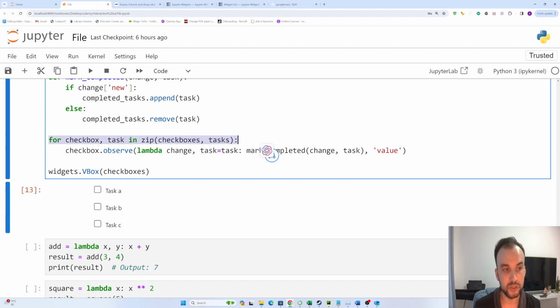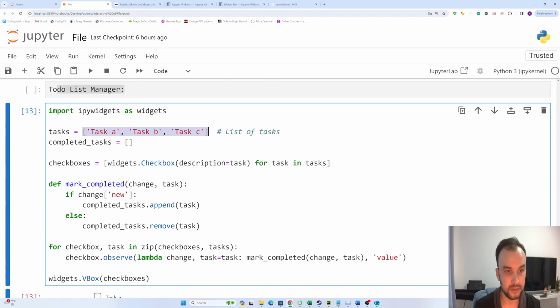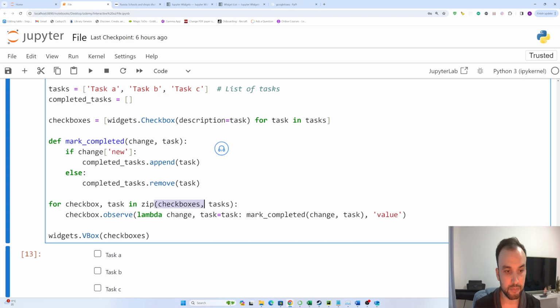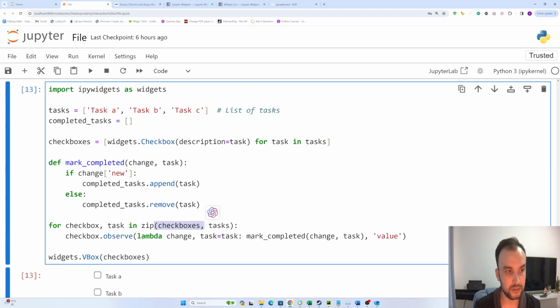We also need to check in a for loop. Here, for checkbox, task in zip, we are using the zip function, checkboxes, tasks. Here tasks is a list and checkboxes is a list also.